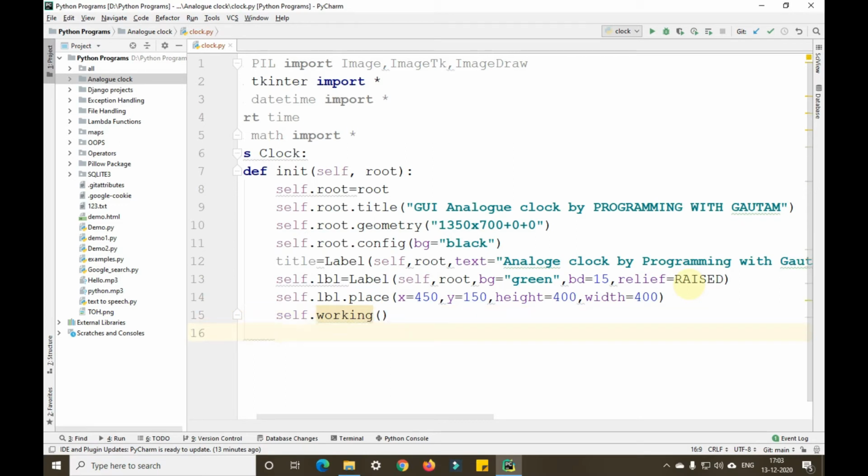Okay, now I'll define another function called def clock_image here. What that function will do also, I'll tell you. Def clock_image with a self keyword, comma, we'll take 3 attributes here, that is hour, minute and second here: hr_, comma min_, comma second_. So for hour also we'll take an underscore here.